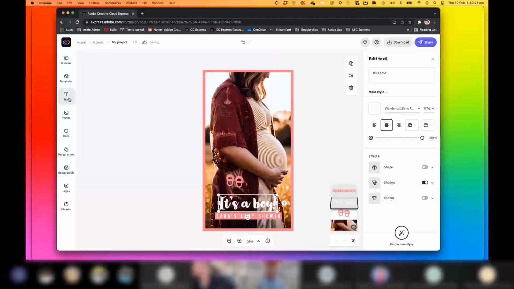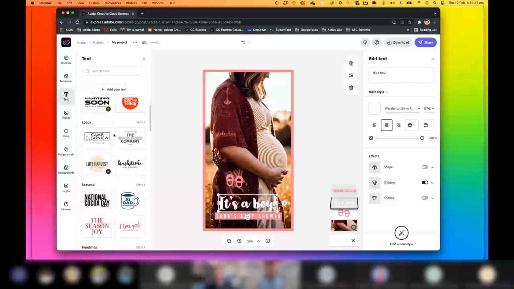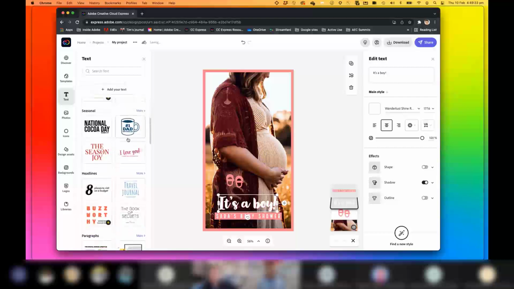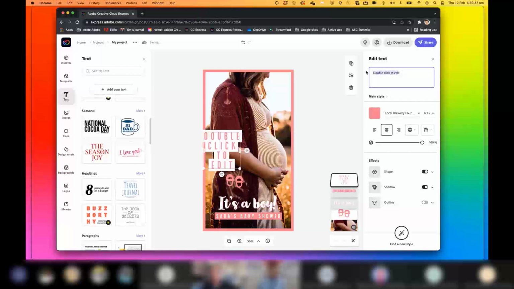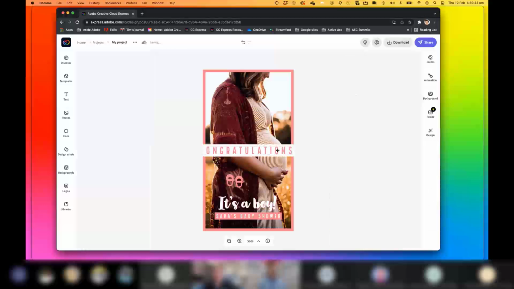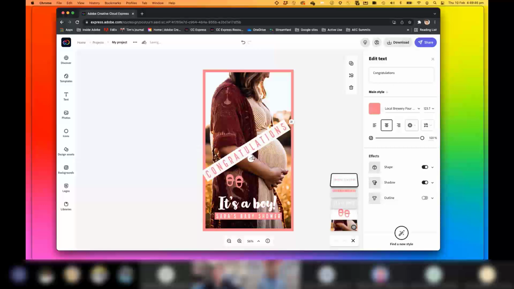On the left-hand side, you've got options here to add text, and there's lots of different templates for text that you can bring in if you want to, or just add your own text. I'll just say, congratulations. And now that that text box is in there, I can rotate it if I want to. I can resize it. Move it around wherever I want it to go, and I can play with the shapes behind it, the shadows,